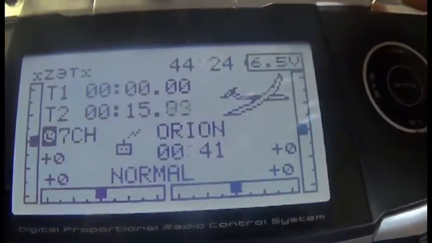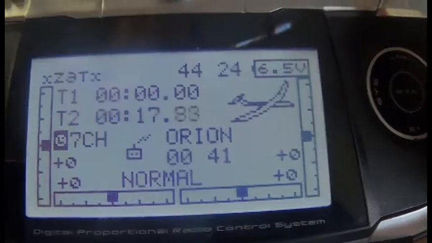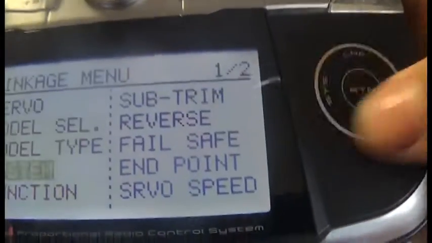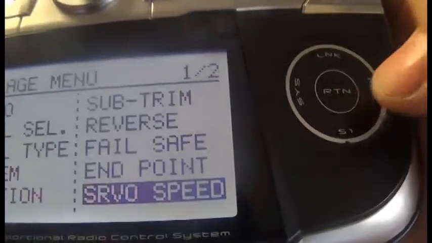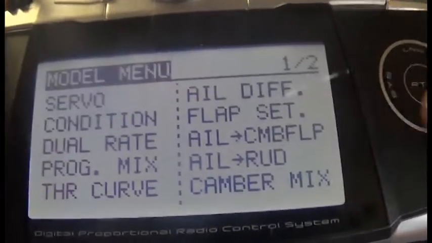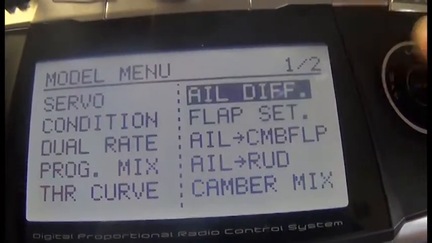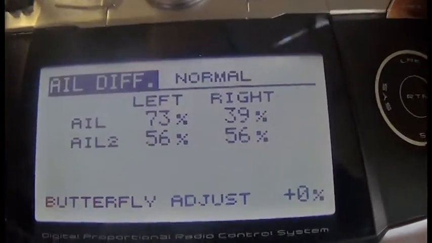Now my flight conditions are on. What I'm going to do is set the aileron differential for each flight condition differently. So you can see my